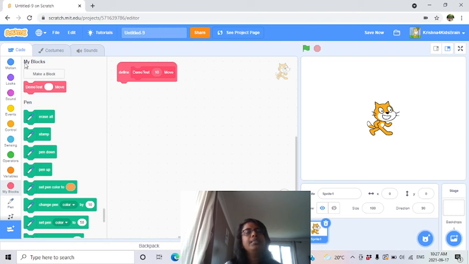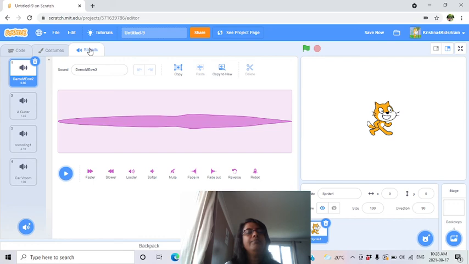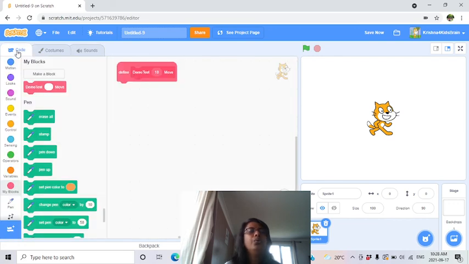So we learned about the three main tabs of the block palette, how to add and delete and play with the sounds, how to add extensions to the code blocks, and also how to create your own block and the categories of the blocks. So that's all you have to know about the block palette. So we are done for tutorial 4. And in the next tutorial, we can learn about how to write coding. My first project, we will do it.